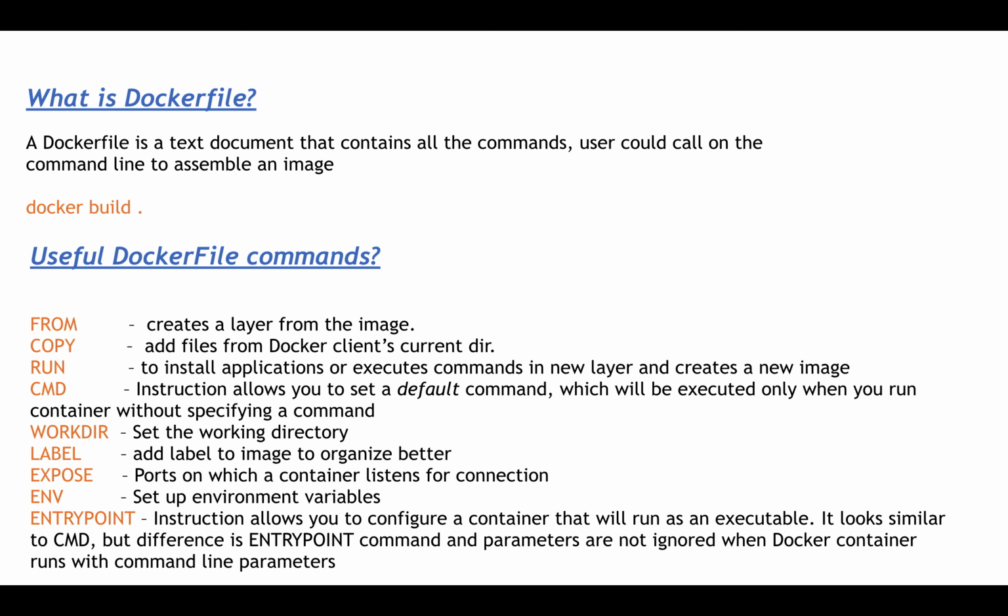Or if you are taking any base image, you just put FROM JDK8 or Maven or whatever the image, either it would be an Nginx or an Alpine or a Jenkins or any base image which is available. You can take that image, and then the COPY command. What this COPY command does, it adds files from the Docker client to the current directory. So whatever files you have, they would be added into the current directory.